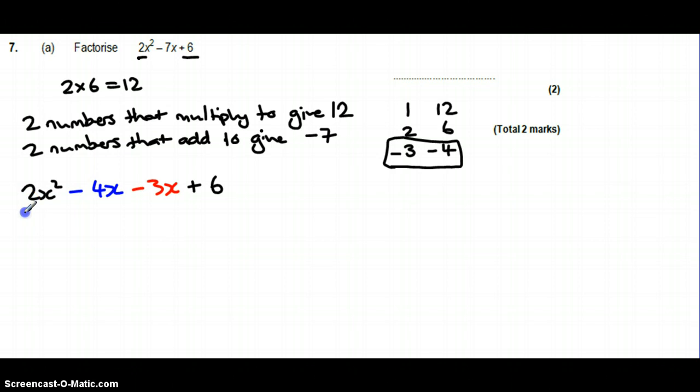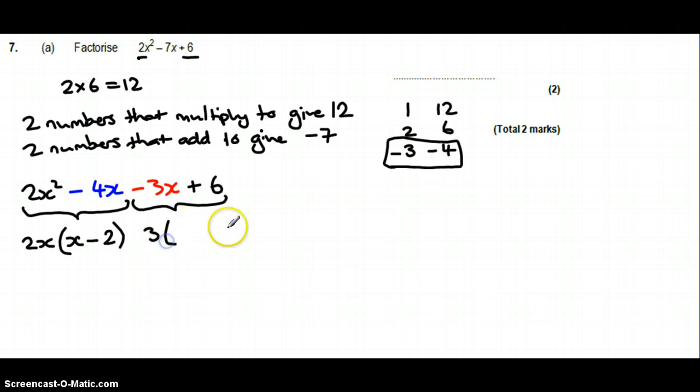So if I then do my factorising, first of all we're going to factorise these two terms separately. You'll notice they have a common factor of 2 and a common factor of x. Now what I'm going to need to multiply 2x by to get 2x squared, well, the leftover factor must be an x, and 2 times 2x will give me my 4x, or 2 times minus 2 will give me my minus 4x. So I factorise that first part. I'm going to do exactly the same to this one. You'll notice they both have a factor of 3 that goes into them, and that would leave us with minus x